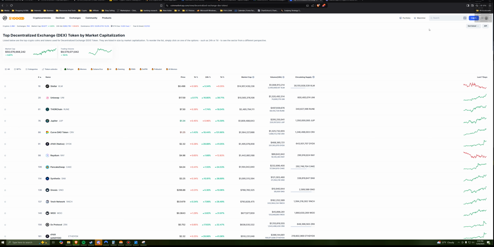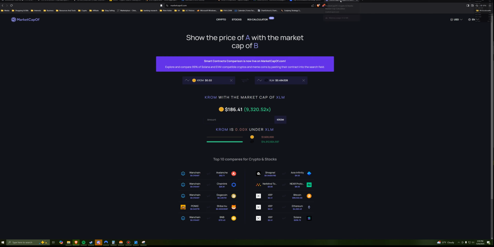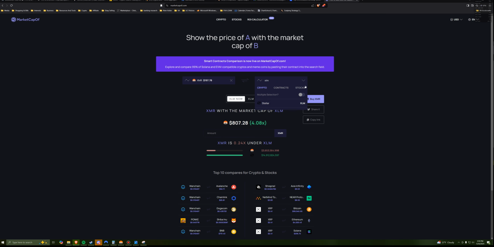And keep in mind, Chromatica really isn't even on many exchanges, so once it gets listed on those too, it's gonna take off even more. Real quick, I wanted to also do Monero to Bitcoin. Same scenario with the market cap takeover. So yes, this is what I'm talking about. Monero is only $200 per token right now. And compared to Bitcoin, I mean, it should be the one at $100,000,